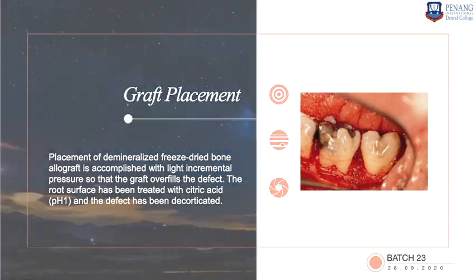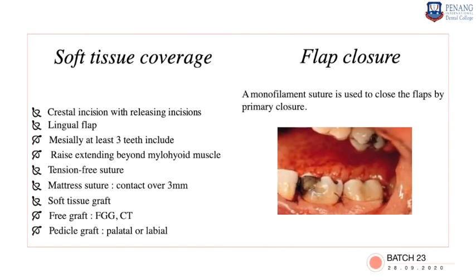the flap. So when it comes to soft tissue coverage, you need to achieve a primary closure. So you should not leave any graft material or a membrane exposed after the surgery. It should not be exposed. If you think there is not an adequate amount of the flap to cover the entire graft material, then think about a pedicle graft. Either coronally displace the flap or rotate the flap distally or mesially so that you can cover up the entire graft and the membrane.